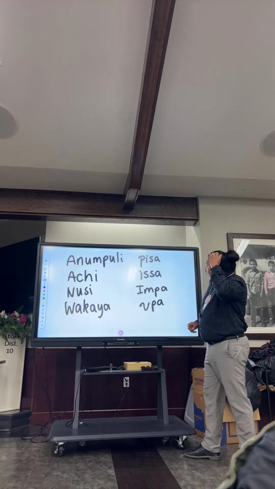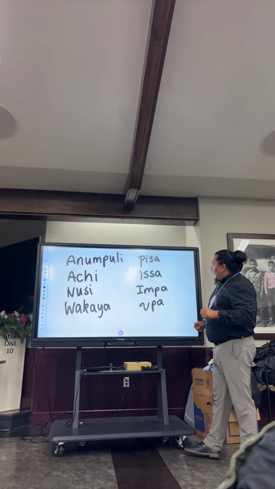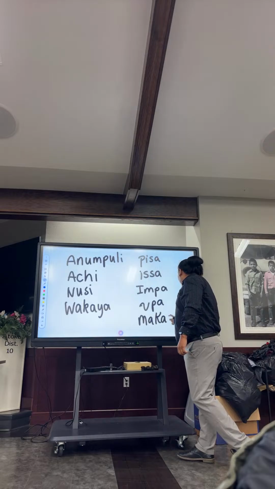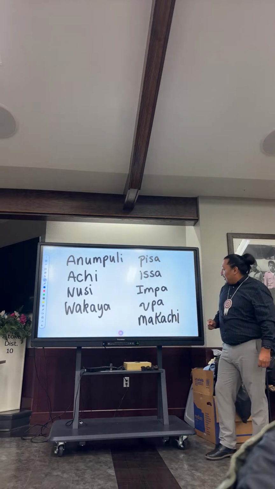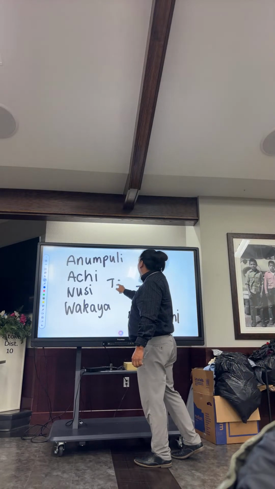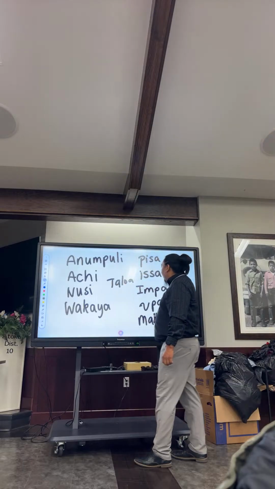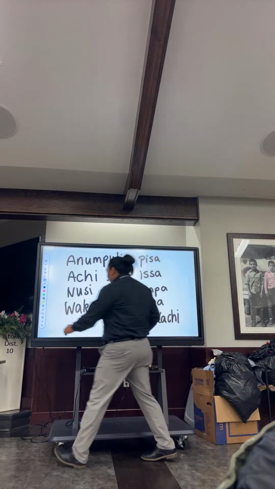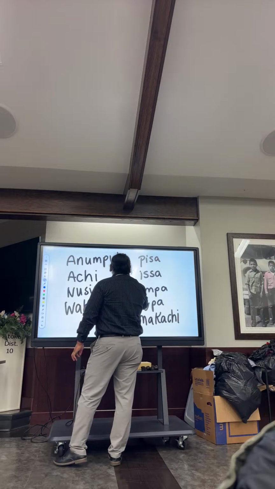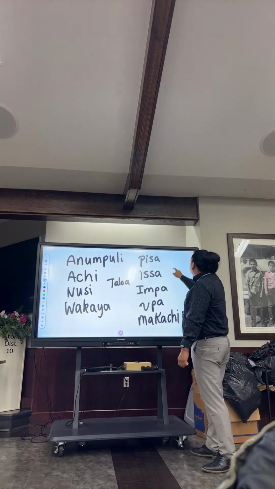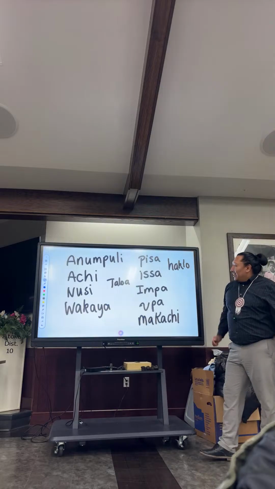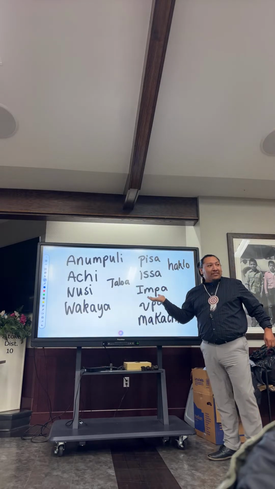Okay. I think we had 10. So there's Makachi, to say that. Okay. And what was another one? Taloa, yeah. I'll put it right here. Taloa. There you go. It's a little funky, but we try to write it a little bit better. Now I think that should be it, right? Oh, Haklo, yeah, I forgot. See, y'all know more than I do. So these are our vocabulary words that we've been working on.